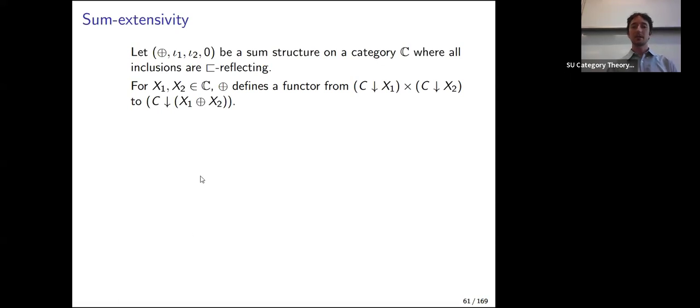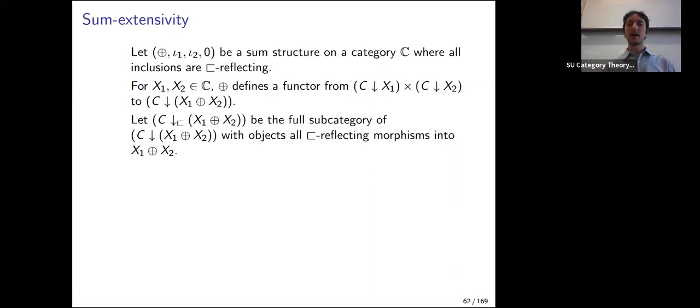So if we have any objects x1 and x2 in a category with a sum structure, where all inclusions are C-reflecting, so we require that, then we still have that my monoidal sum induces a canonical functor from the comma category over x1 times the comma category over x2 to the comma category over the sum, in the same way as what coproduct does. It's all the same. And we denote by the following the full subcategory of the comma category over the sum, for fixed x1 and x2,